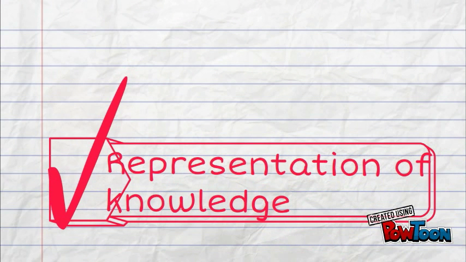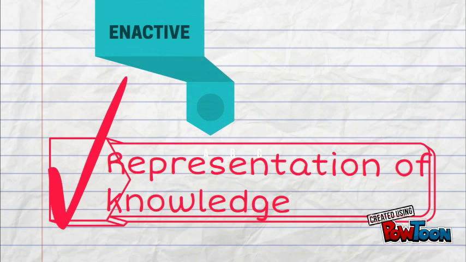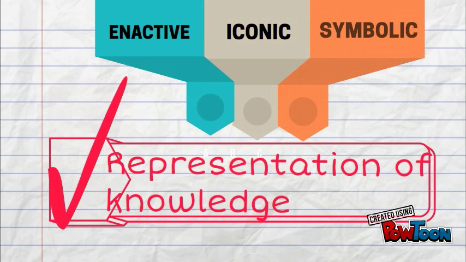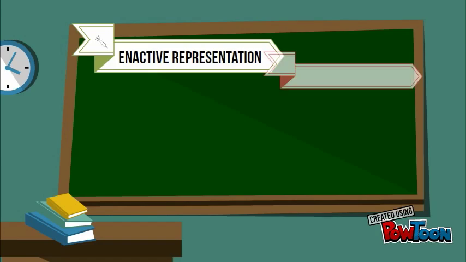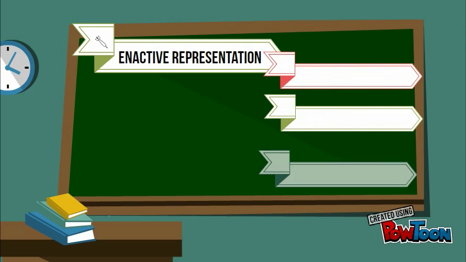The second factor of constructivism is the representation of knowledge. It has 3 ways: enactive, iconic, and symbolic representation. Enactive representation is an action-based knowledge wherein learning begins with an action, touching, feeling, and manipulating. In math,